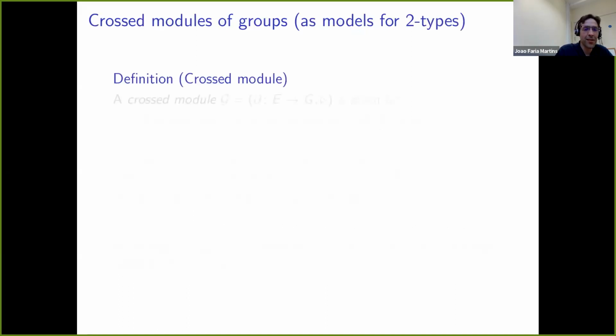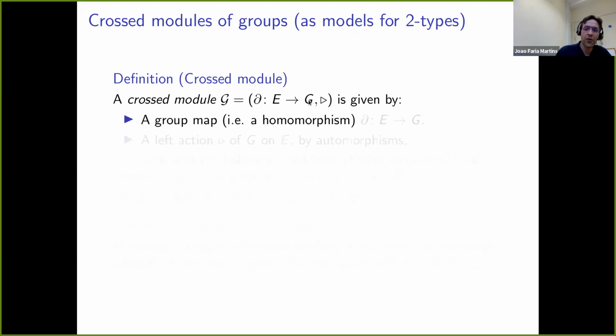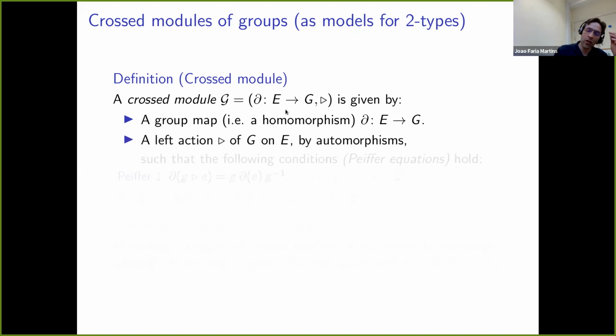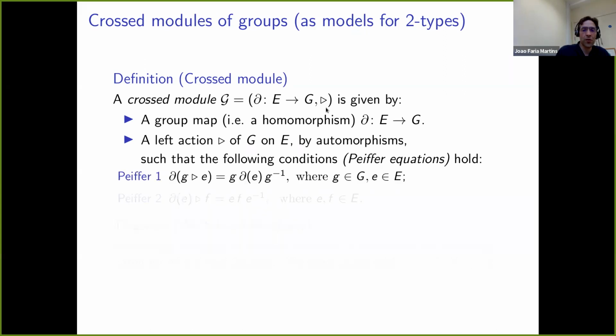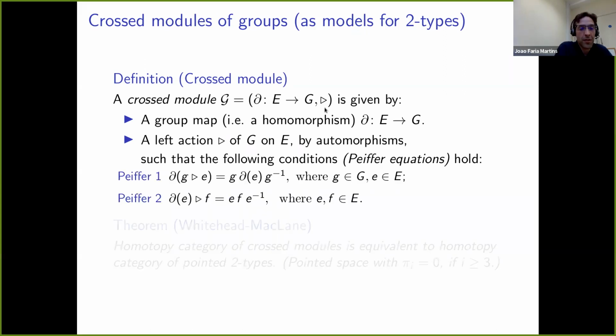Oh dear. So let's start with the crossed module. What's a crossed module? A crossed module of groups is given by, first of all, a group homomorphism ∂ from E to G. So E and G are part of the data. And then you have a left action of G on E by automorphisms. And then two very sensible relations must be satisfied. I'll go a bit faster here because I want to show the principle of how things work. But this is the definition of a crossed module, which, as you see, is a completely algebraic definition.